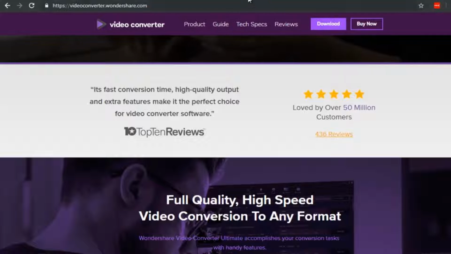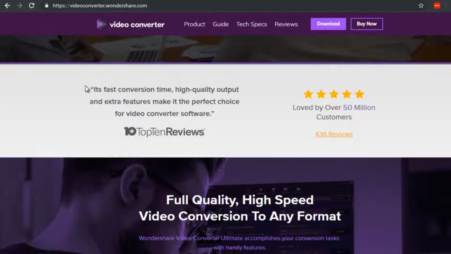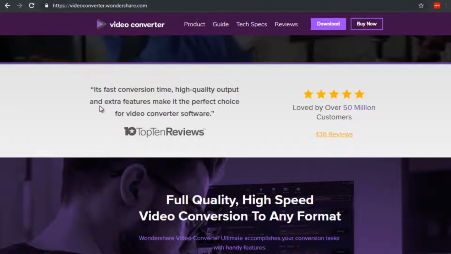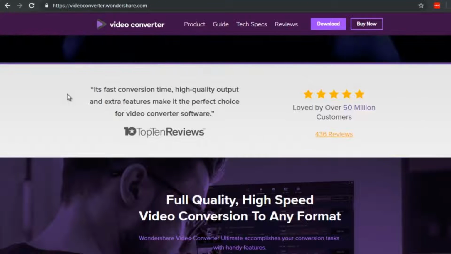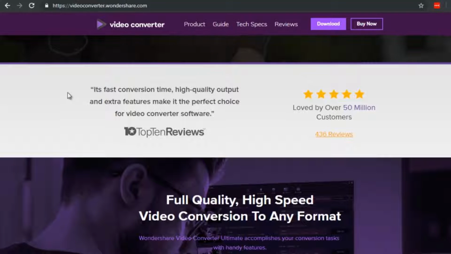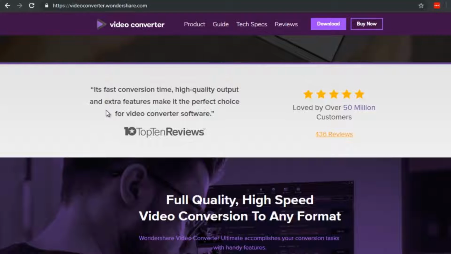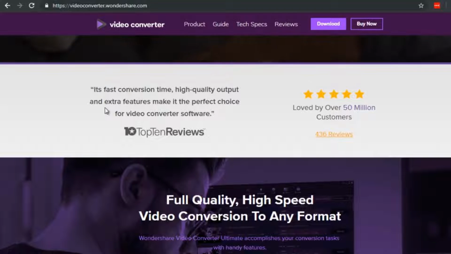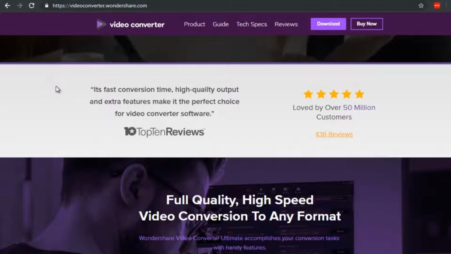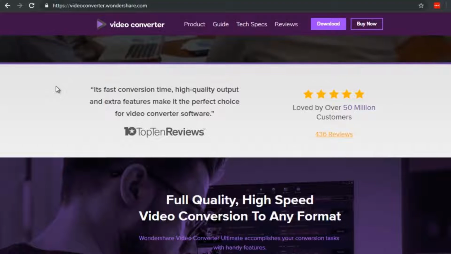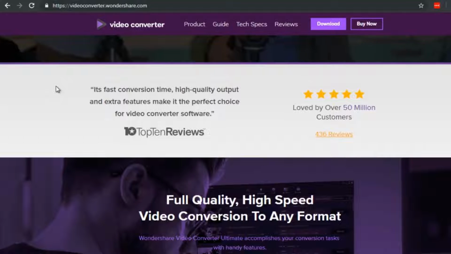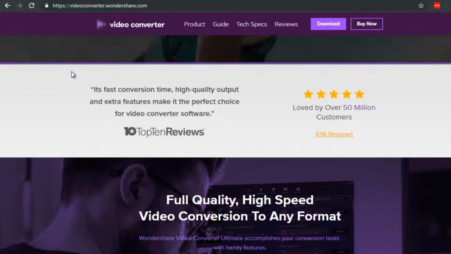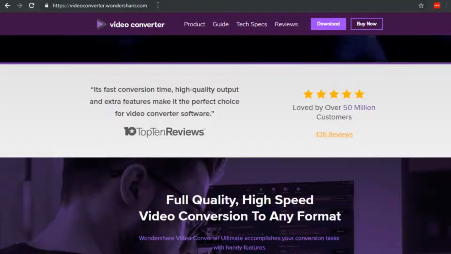So what we're doing here is we are taking the video file that you have created and embedding it with more information. So besides the title and description, YouTube will be able to read the metadata inside of your video. So it'll make a little bit more sense when I show it to you. Now, it's really hard to find software out there that allows you to embed metadata, except for a few. So one of them is called Video Converter by Wondershare, and that is